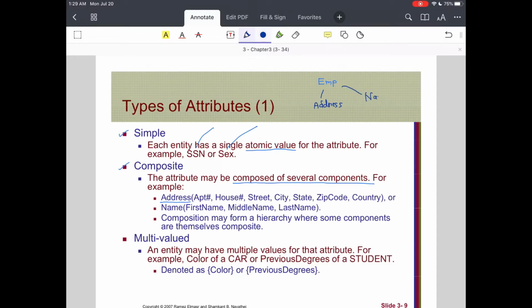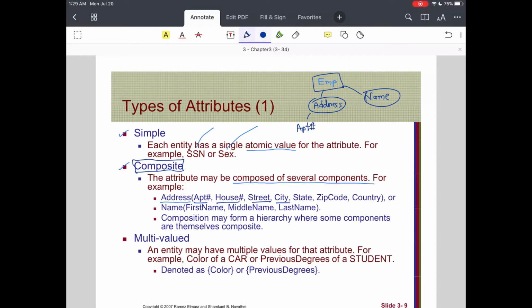Name could have been an attribute as well, but here I'm saying that address is a composite attribute. Composite attribute means that address can have several other components as well, such as apartment number, house number, street, city, etc. So your address here can be further broken down into